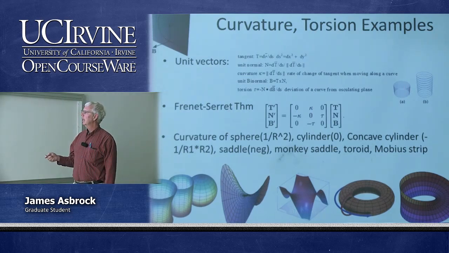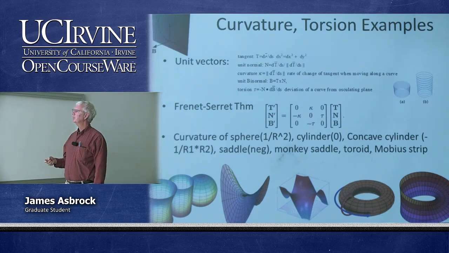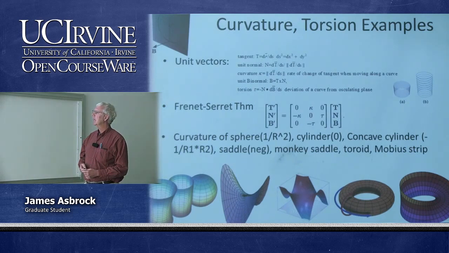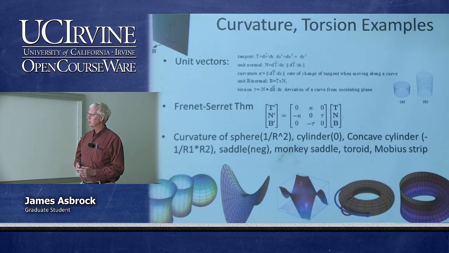I just mentioned torsion because that will come up later, because it is also an invariant in geometry, and it's independent of the coordinate system that you're trying to measure. All these things are connected by the Frenet theorem. The prime here denotes the derivative with respect to the arc length. So they're all connected, and this is the matrix where K is the Gaussian curvature and tau is the torsion.